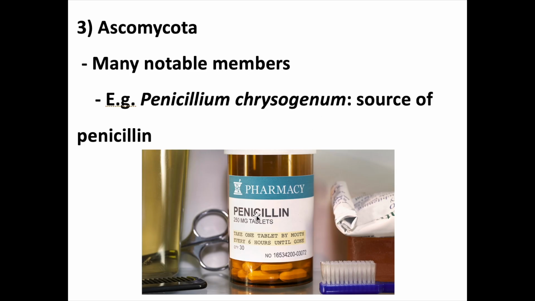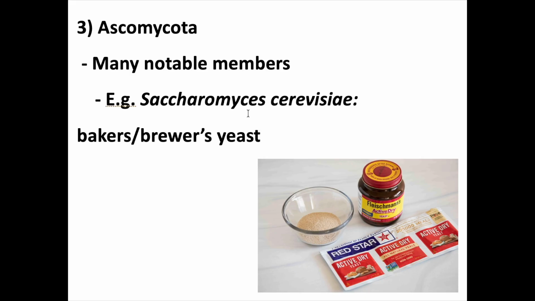This is our source of the antibiotic penicillin. Yeah, we did not invent penicillin. We stole this from nature. These fungi have been waging war against bacteria for longer than we've been around. So this penicillium is our source of penicillin, and it's an Ascomycota, as well as